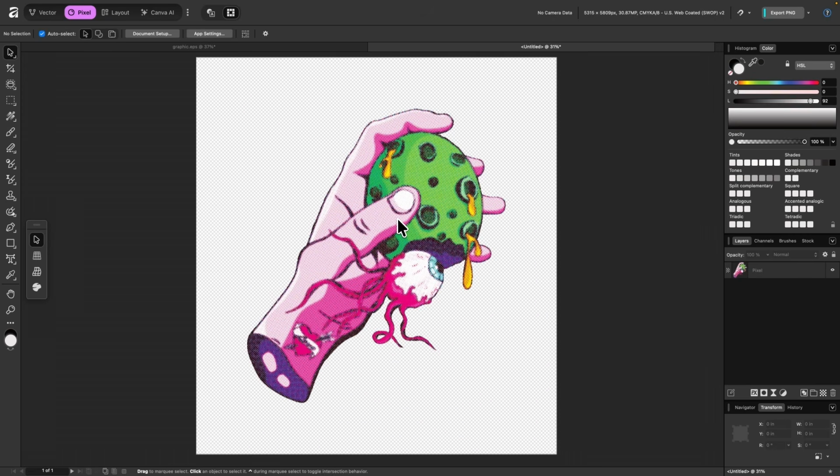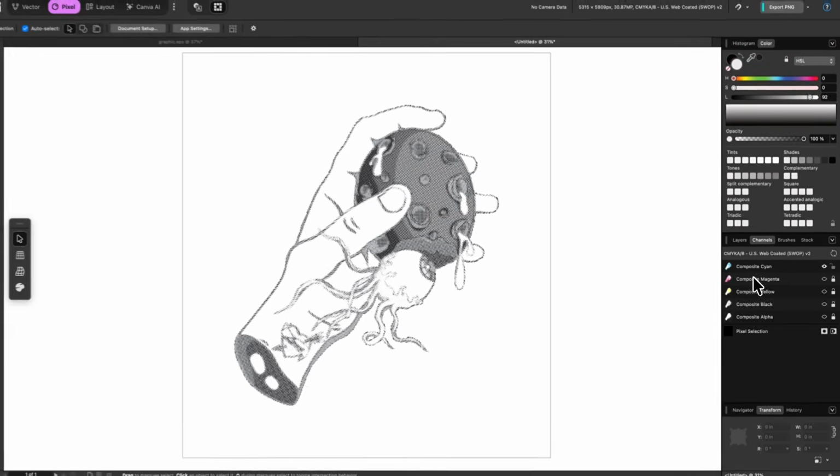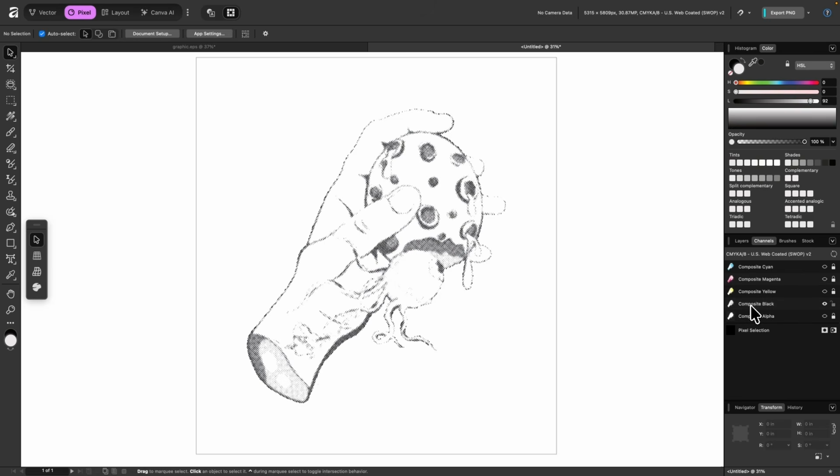magenta, yellow, and black. And if I come over here to the Channels tab and select each of these channels, you can see the halftones that we're working with for each channel. I'll also be showing you how to export these channels individually in case you're doing something like creating screens for